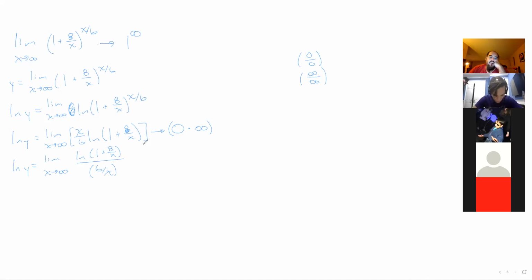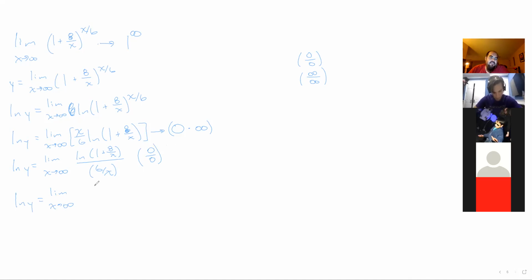Oh yeah, absolutely. So instead of multiplying by the fraction x over 6, I can divide by its reciprocal. Right. So now in this case, I have natural log of 1 plus 8 over x. Like this, now I have this in form 0 over 0. Right. Which means now you can use L'Hopital's rule the way it's designed. Okay. So then natural log of y is going to be equal to the limit as x approaches infinity of,